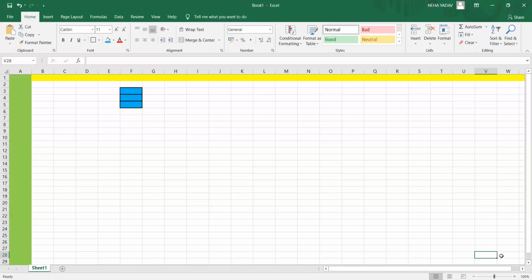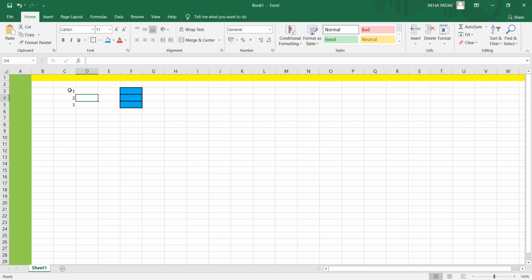Next is that the autofill option is available to enter data in a series. What do you mean by autofill here? See children, if I'm writing 1 here, 2 here, 3 here, and now I have to keep this counting going till 30, rather than doing it again and again, what can I do?